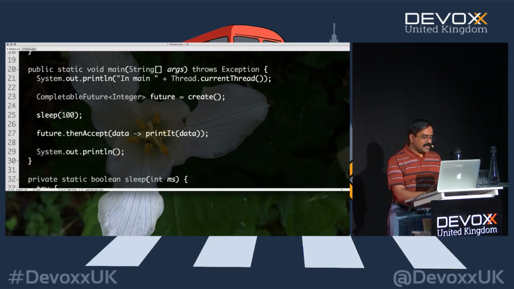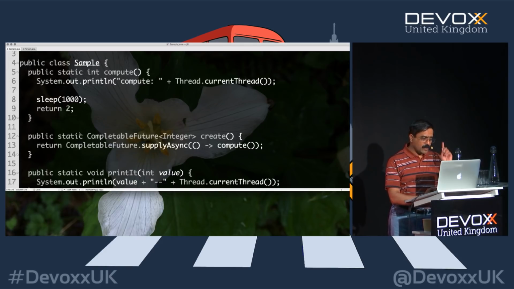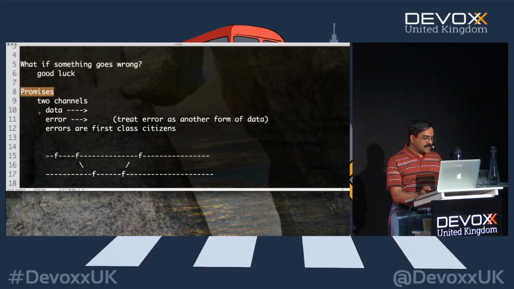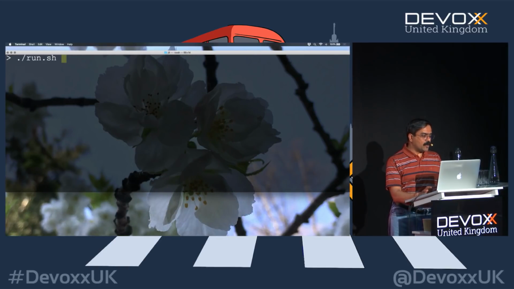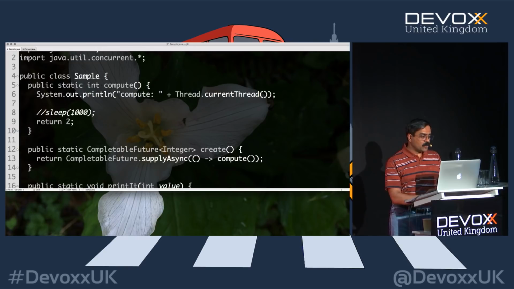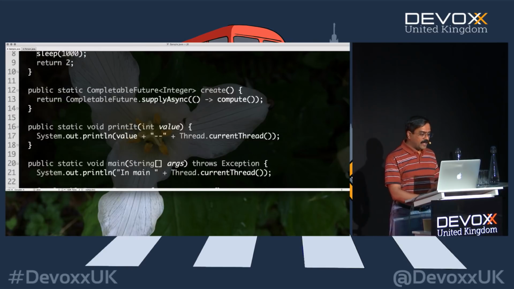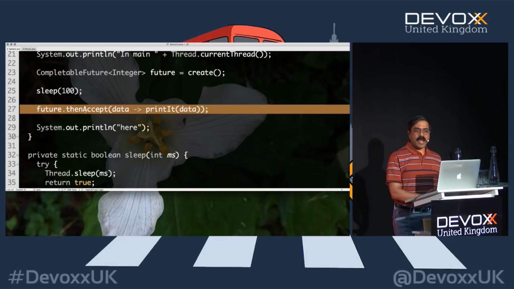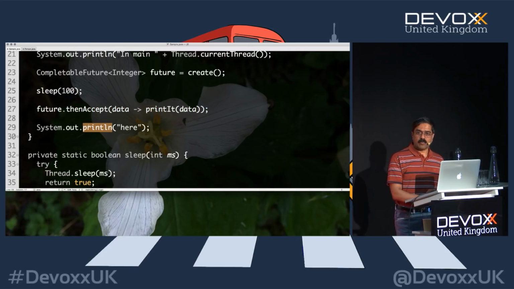So in this case, one more time, apologize. Let's go ahead and comment this out. As you would expect in this case, when I run this code, you will see the here being printed after the 2, absolutely. But when I put the sleep in place, by the time I get in here, the CompletableFuture is not completed. So the main says, hey, you take care of this. I'm not going to block, and prints out here and walks away.